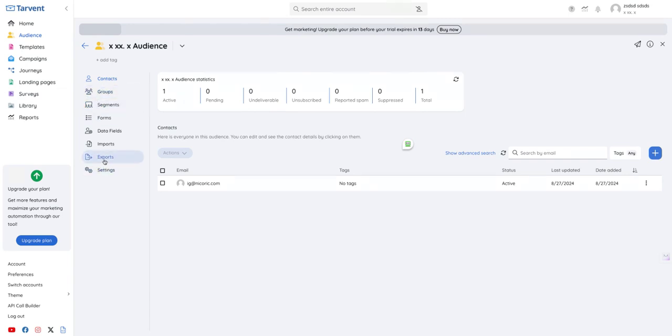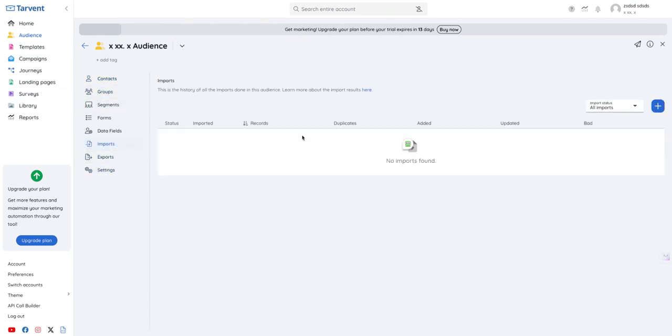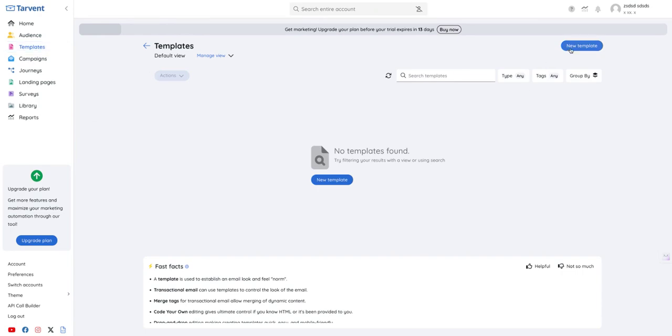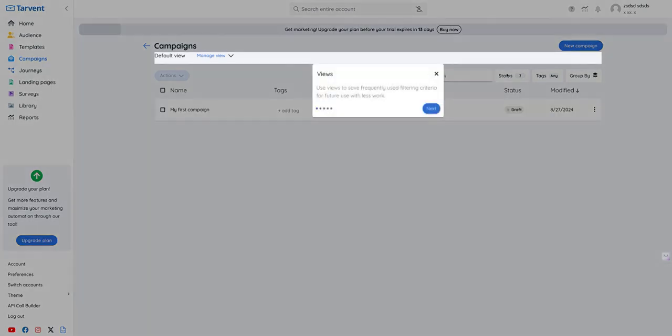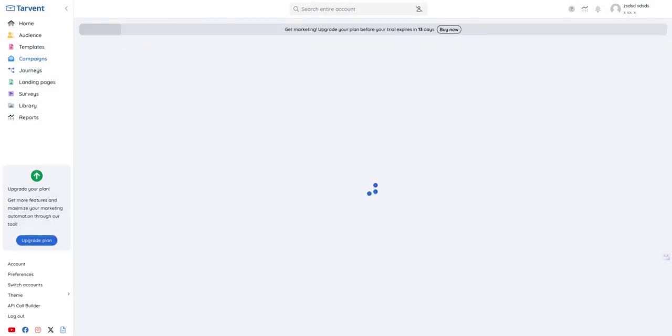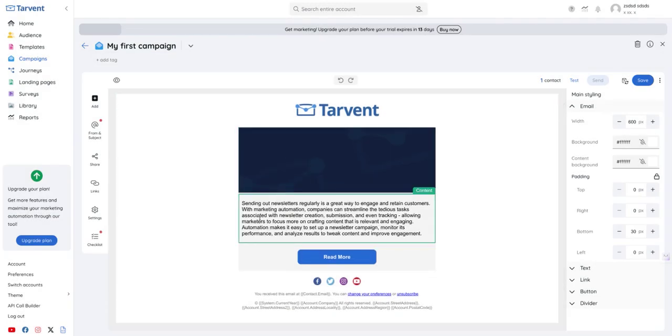You can, of course, import subscribers. You can create your email templates. Just click on new email. Your templates can be hello, user, here, the market. We want to know if you are enjoying our tool, etc. So you create an email, an HTML plan, and AMP. It's possible using here on campaigns. You can create a new. You have your first campaign, and where you're going to design your